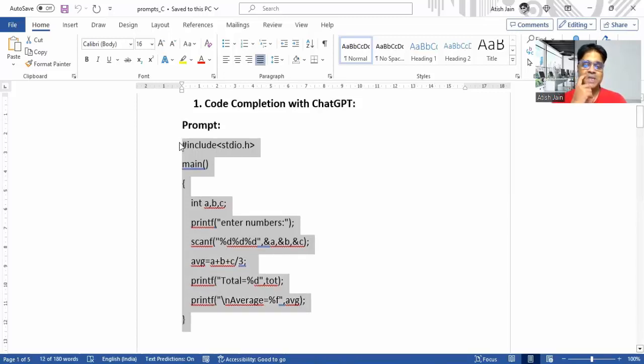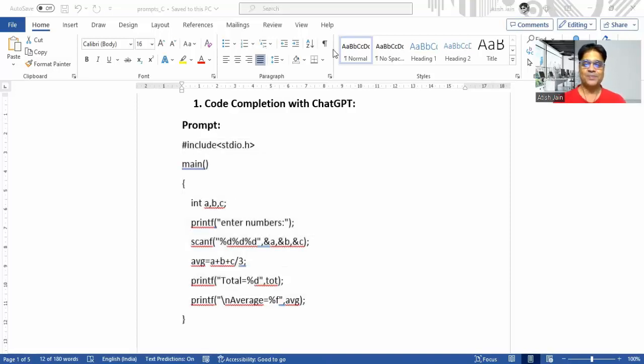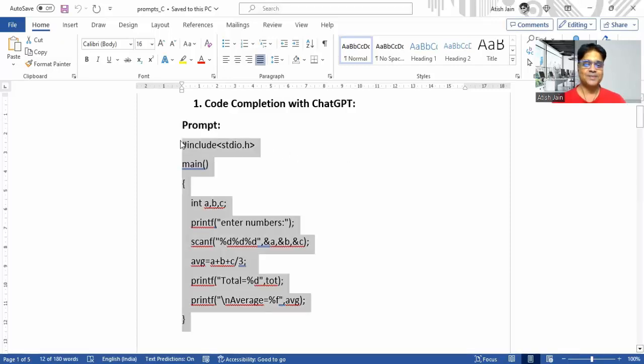So can you guess in the chat box? Can you guess and let me know in the comments or in the chat box which line is missing here? Just let me know if you can guess. Observe this piece of code and there is one missing line. What is that missing line? Can you tell me? Anyone can guess and let me know. There is one missing line in this code.